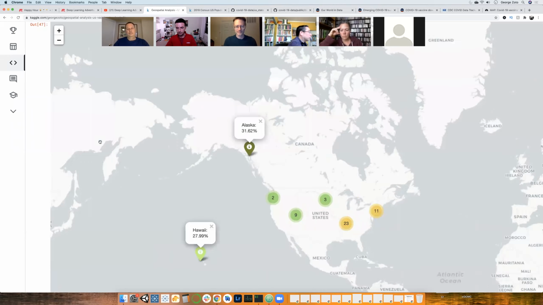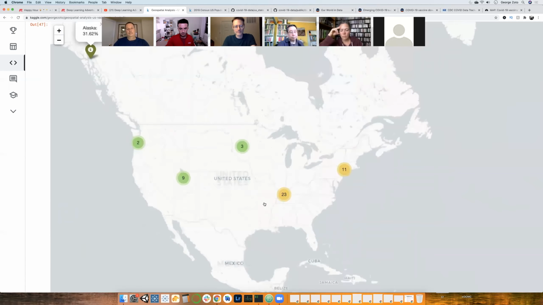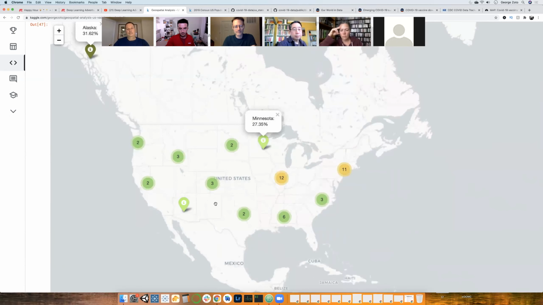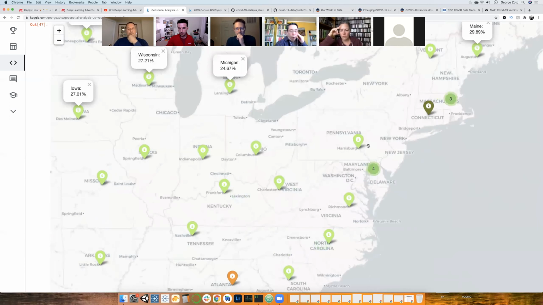Let me zoom out a little bit. So this is a cluster. As you can see, states that are nearby, or the markers that are nearby, are grouped together. Alaska is 31% of the people that have received at least one dose, Hawaii 27. Let's zoom in a little bit more. Minnesota 27, Arizona 25. Let's go a little bit to the east. Maine, Michigan, Wisconsin. Let's go a little bit to our area. PA,